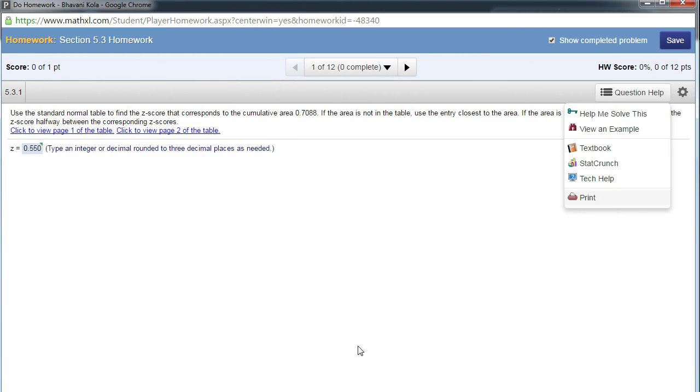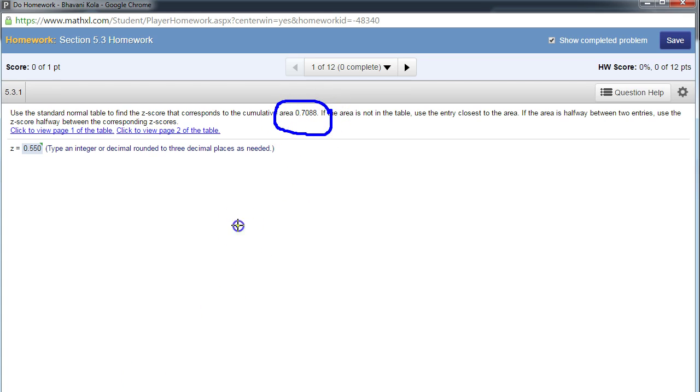Today we're going to be talking about how to find the z-score given the cumulative area under the curve. In previous problems they gave us the z-score and asked us to find the area. Now we're going to go backward. They gave us the cumulative area and they're asking us to find the respective z-score. So the first problem here is we're trying to find the z-score of the area